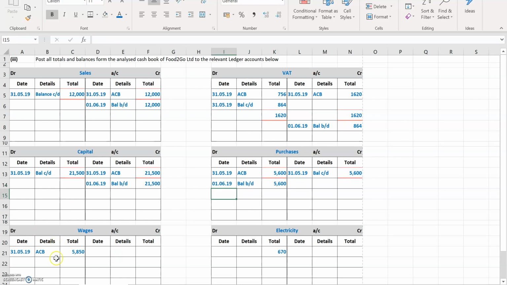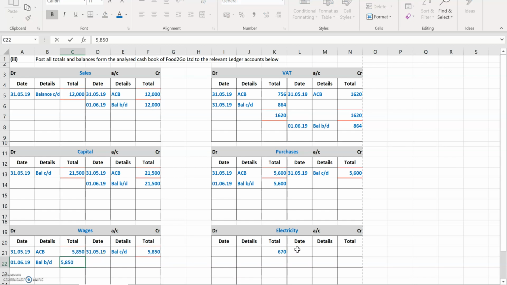5,600. Your wages then are the same as well. So your balance of 5,850 goes on the credit side. What date's on it? 31st of the 5th, 19. What's the details? This is your balance figure that's going to be carried down to the next one. So make sure you put in the line and the double line to show the account's being closed off. Brought down to the next month, the 1st of the 6th, 19. What is it? It's the balance that's being brought down, and it's going to be for